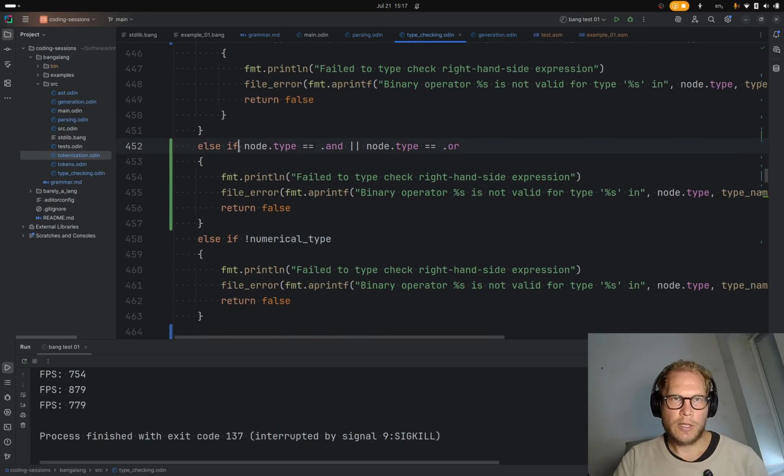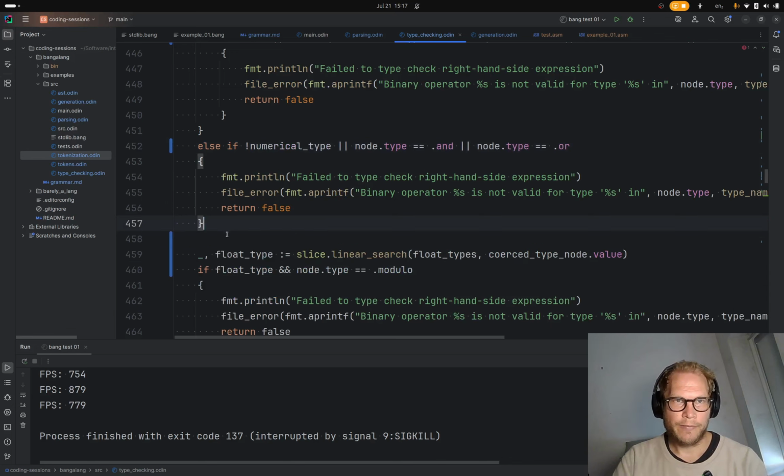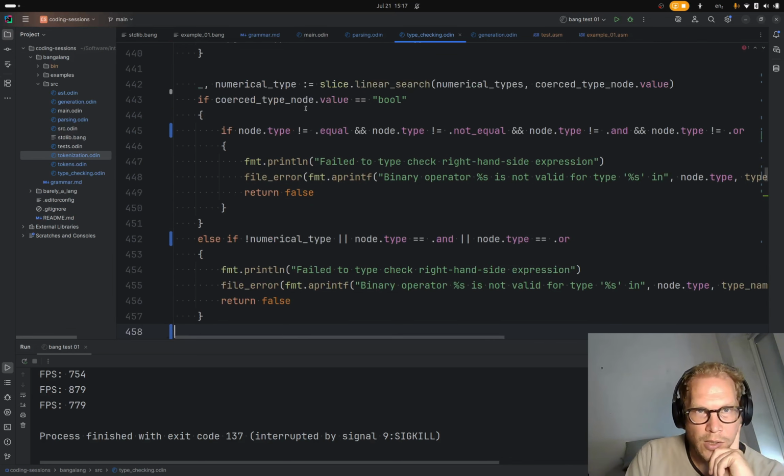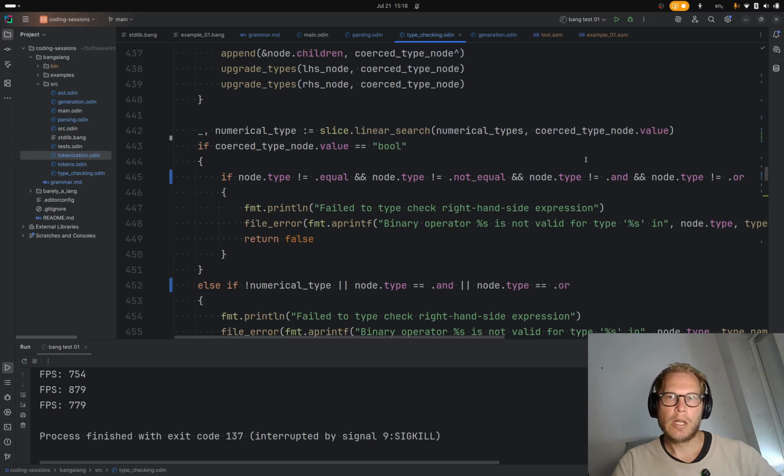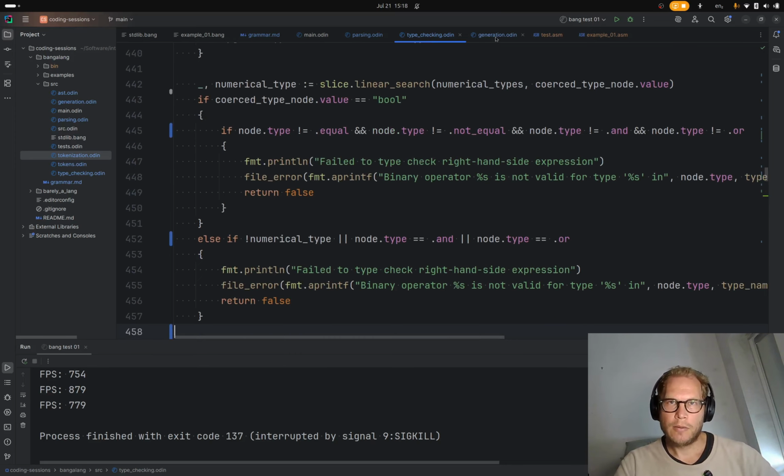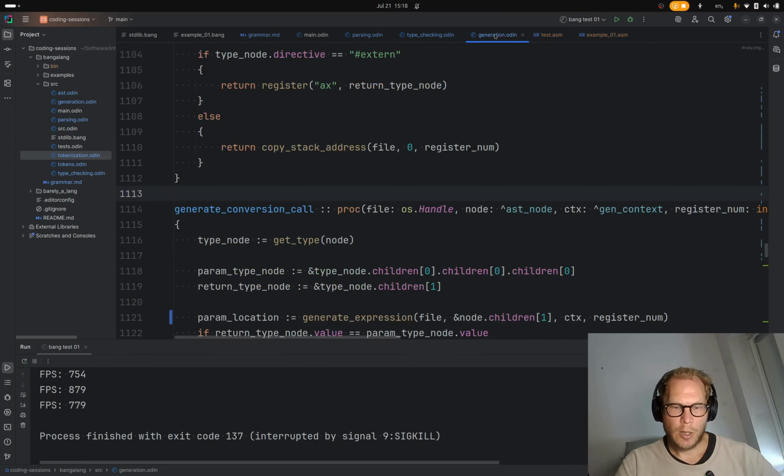I guess we could say like, just like that actually. So it's not a numerical type, or you're trying to do one of those, then yeah, it's no good. Okay, I think that's type checked nicely. Now generation,